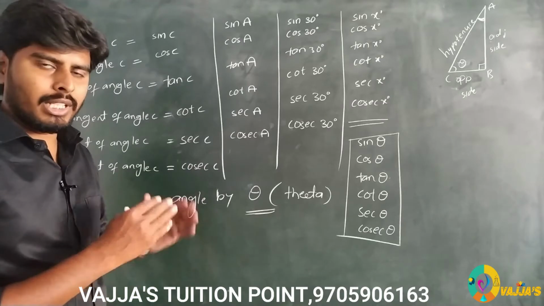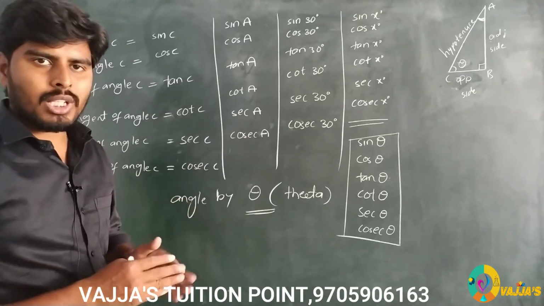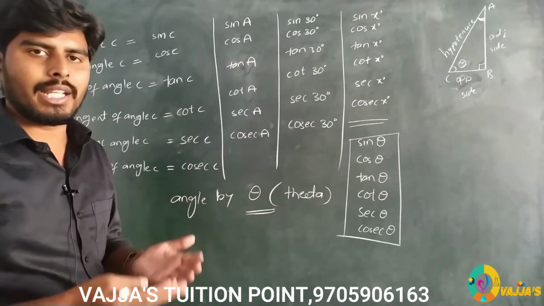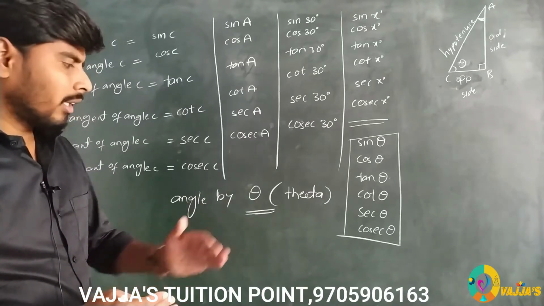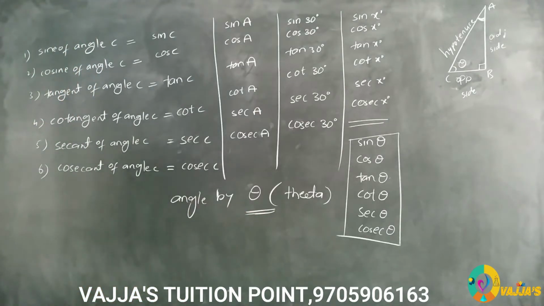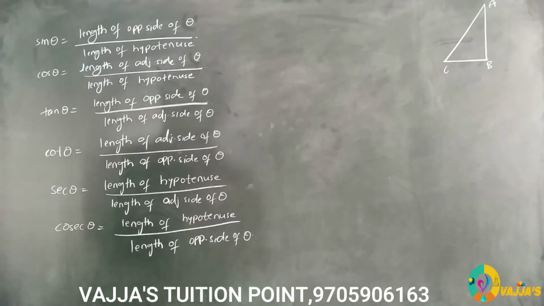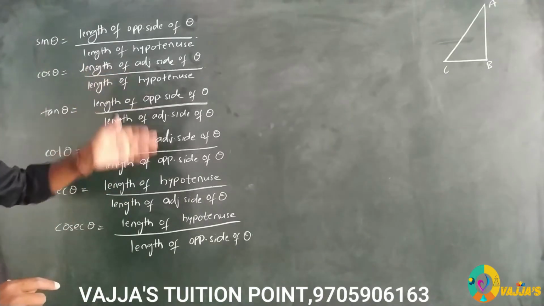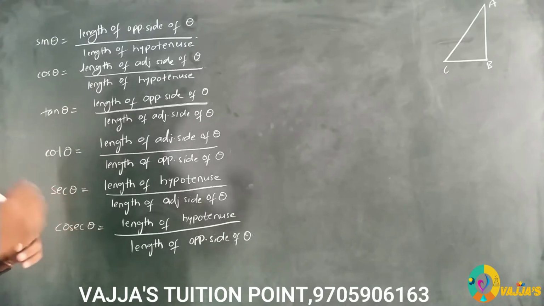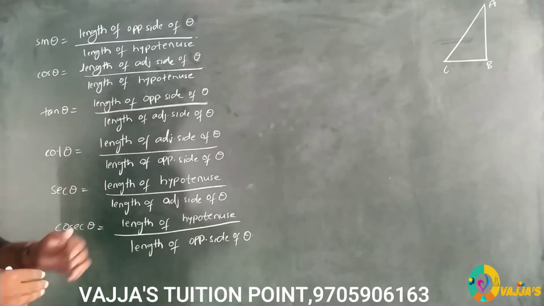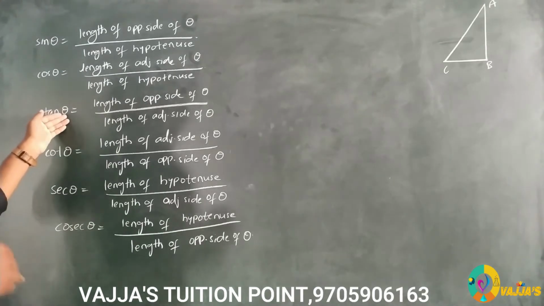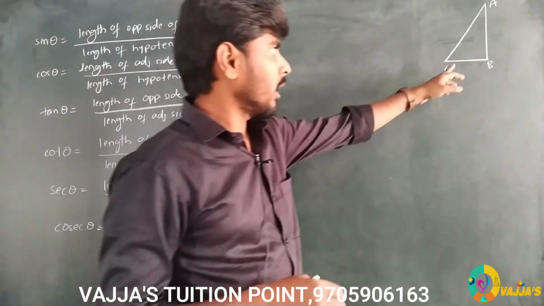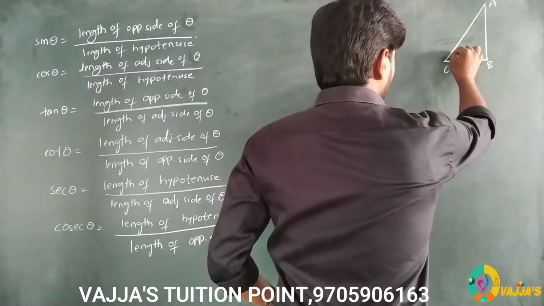Okay. So previously we learned writing the trigonometric ratios according to the angle. But now I am generalizing the trigonometric ratios for any angle by taking theta. Right? So now I have given the complete clarification. Instead of taking angle C, angle A, angle 30, angle x, directly I am taking angle theta. Theta represents the angle here. For example, if you take the angle at C, this is your theta.